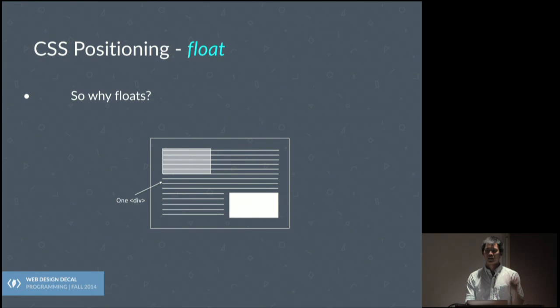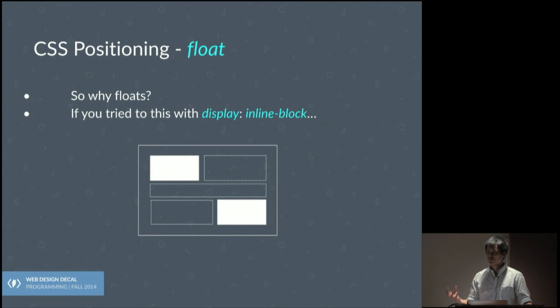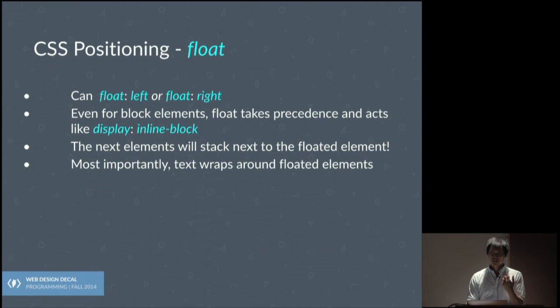But based on everything I've told you so far about positioning, you can only get something like this at best, right? Where there's an image behind there, and no, I don't want that. I want it to just sense that there's stuff there. If you tried, maybe you could do a display inline block, which is what we talked about yesterday, a clever way of horizontally aligning elements on the page. But even then, it would not be the most clear and clean solution, right? You'd have a bunch of divs like this, and each one of those would have to be separate. So 3 separate blocks to do this, and it's just gross, right? It's just not clean, and what would you even call those IDs and stuff like that?